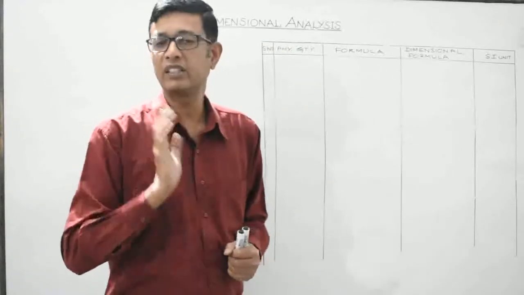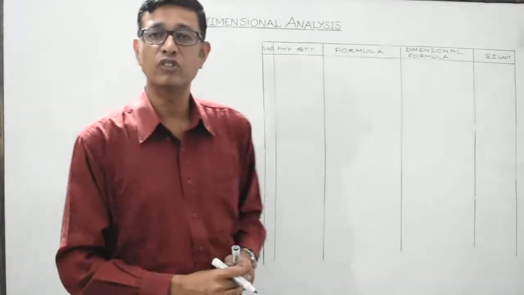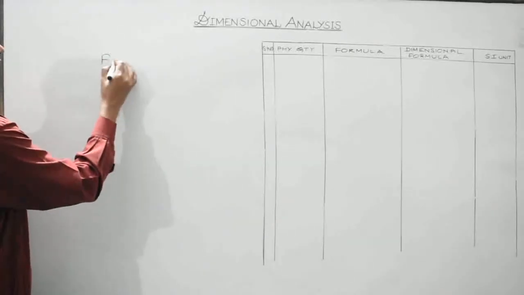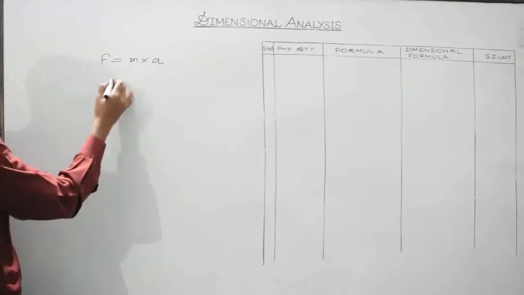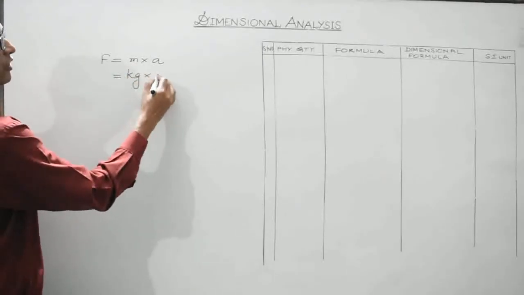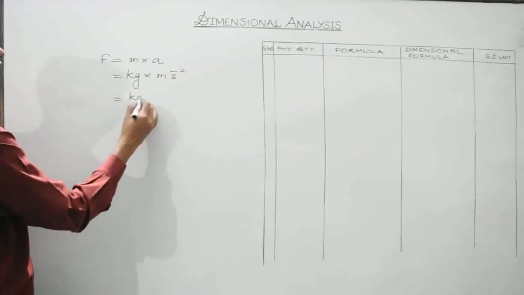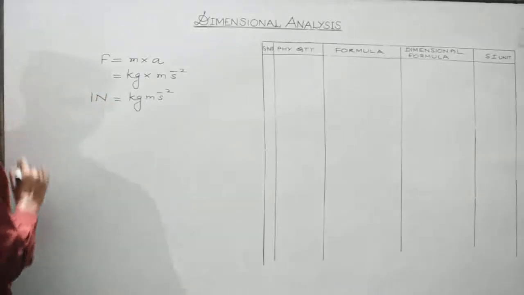I will elaborate with an example first. Suppose we consider the case of force. Its formula is mass into acceleration, right? So, the SI unit of mass is kg, the SI unit of acceleration is meter per second square. So, it will become kg meter per second square and the SI unit is Newton. Now look,